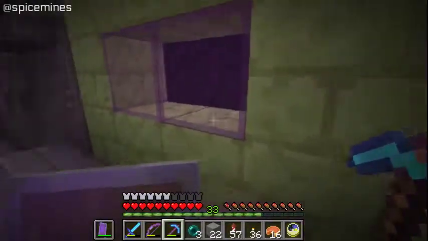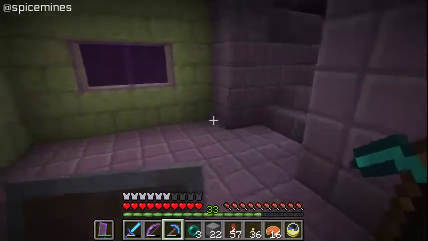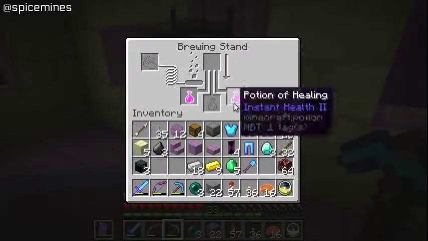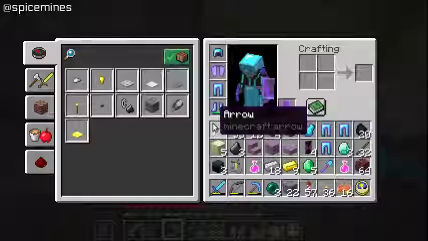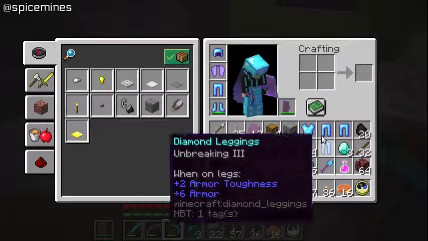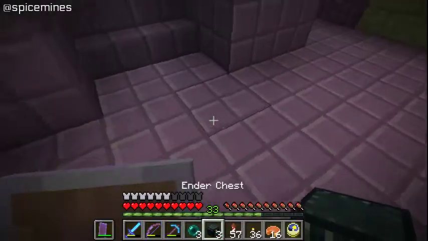Okay, we're in the ship here. And there's the Elytra, another pair. Okay, let's kind of see what we got going on here. Okay, not much. So let me go ahead and take these potions here. I do need to pack these away because my inventory is going to be full right now. That shulker is not going to be able to get to me right now. So I'm going to take this opportunity